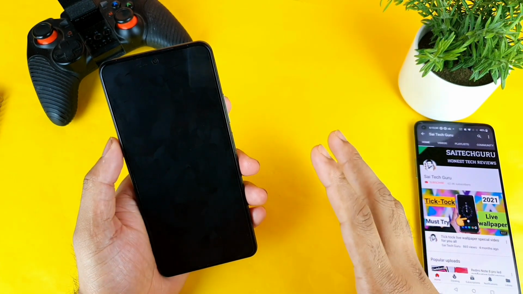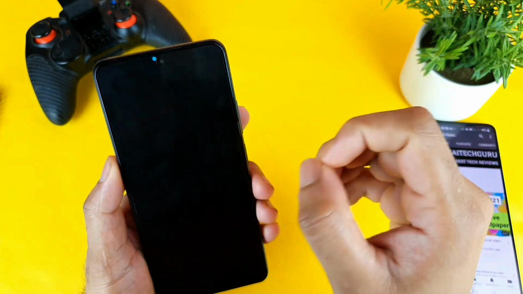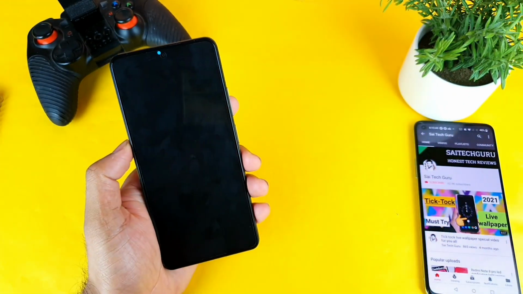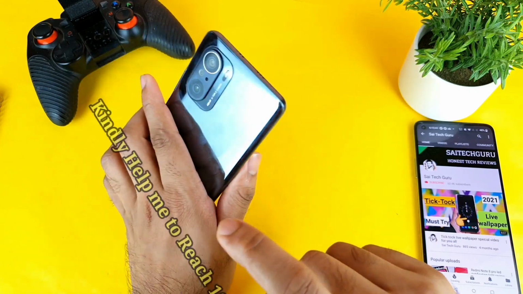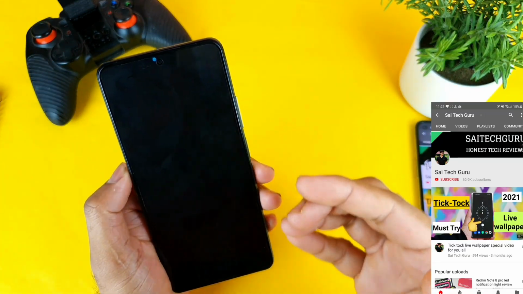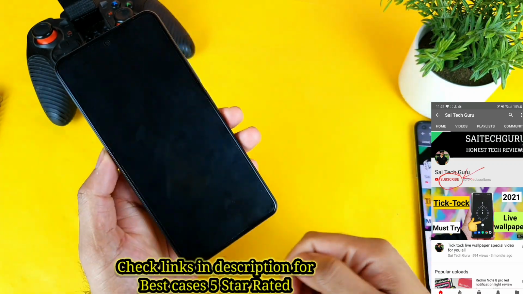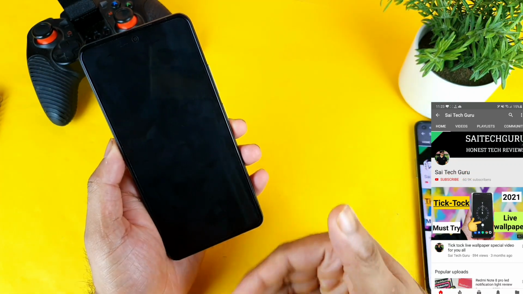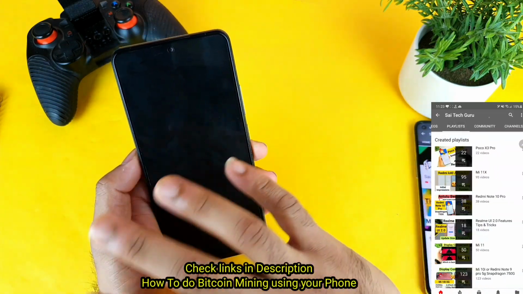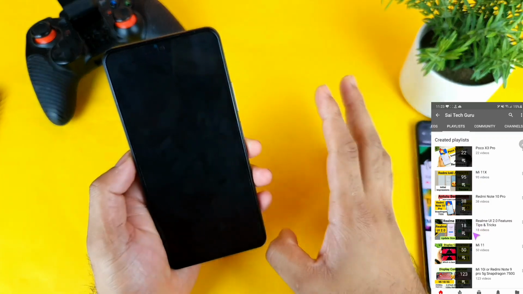In today's video I'm going to show you friends one of the tricks for how you can install the LED notification light in the Mi11X device. In the Mi11X device you can install the LED notification light. You can set it to green for WhatsApp, blue for Facebook, red while charging, and blue if the battery is full. You can change different settings by using this one application, which is a very useful application friends.